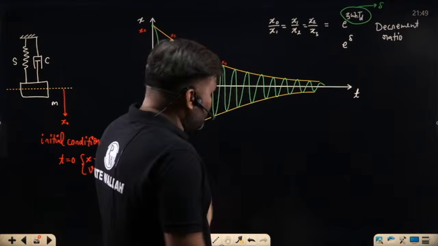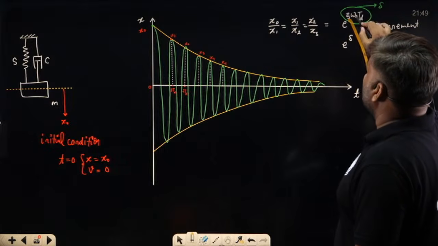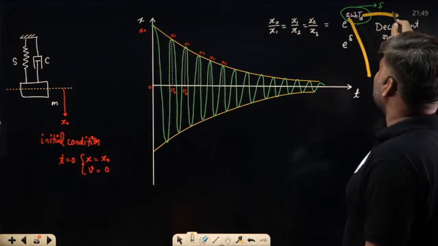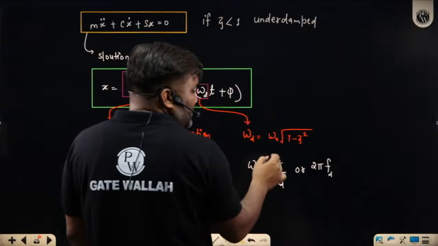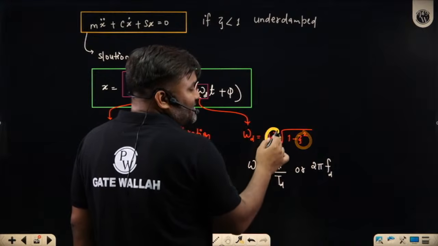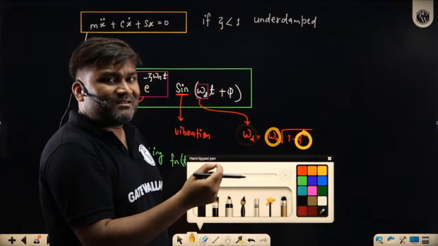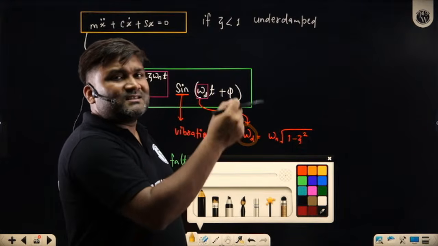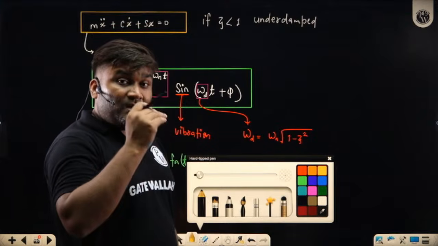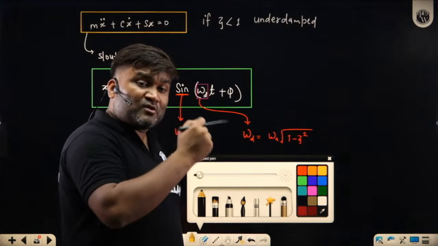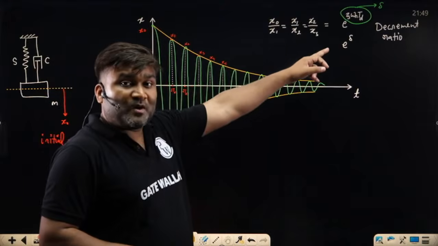Decrement ratio, you can see it depends on how many things. It depends on zeta. Zeta is a property of the system. Omega n is a property of the system. TD, time period, is a property of the system. Sir, can I say zeta is a property, omega n is a property, so omega d is also a property of the system? Once you have disturbed the system and released it, at what frequency is this setup going to vibrate? It is a property of the system. And with what ratio amplitudes are going to decrease is also a property of the system.